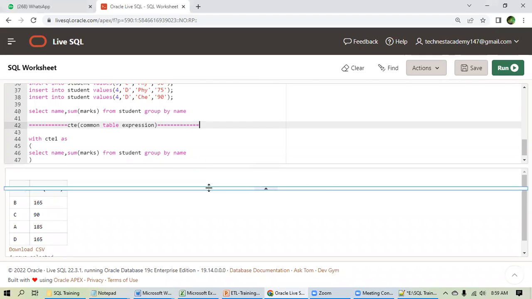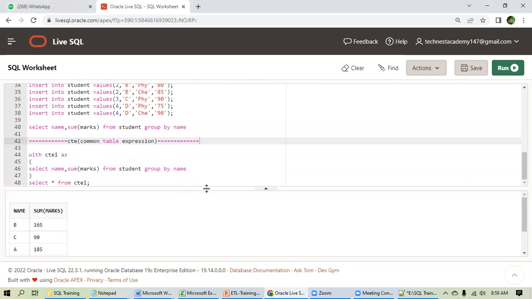Today, I will not tell you why CTE, what is the benefit of CTE, for those for whom it is new. You might be thinking, why are we going for CTE? The same thing I can do by other queries. I will not tell you now what the benefit is. After 2 to 3 classes, I will tell you that. Okay. Now,